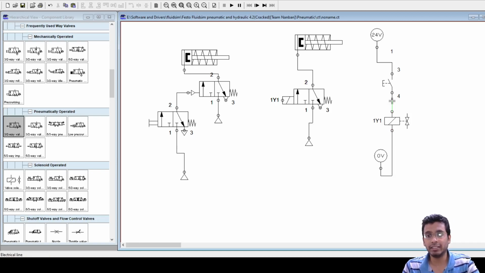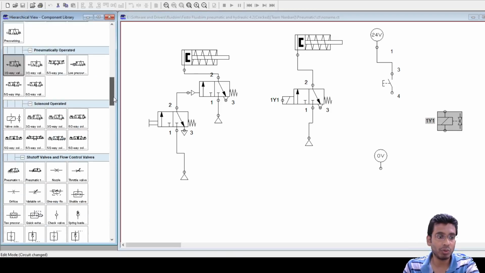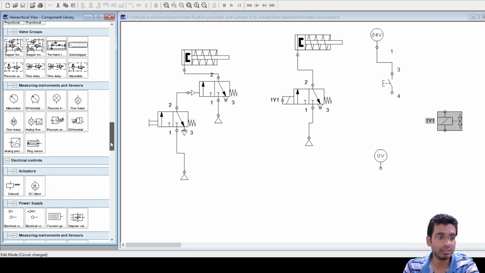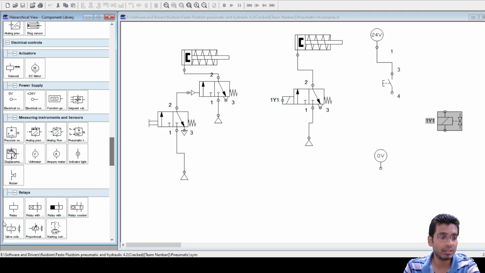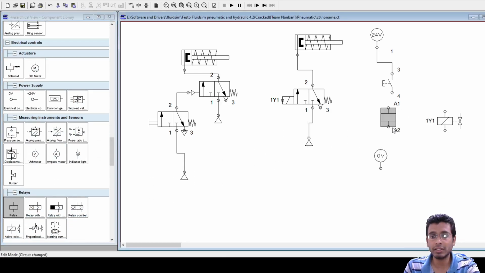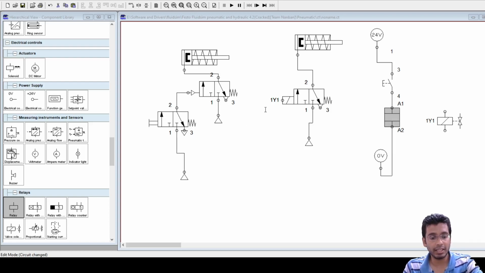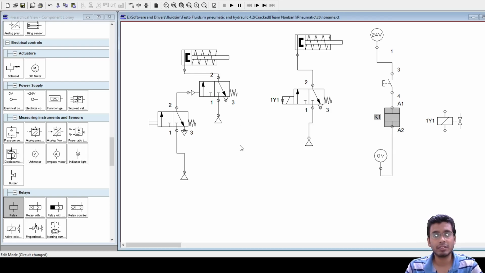Okay, and instead of actuating this valve solenoid directly, what we are doing is taking a relay. Fine, this relay I will name as K1. And then I will be using a normally open contact of this relay K1 to energize my 1Y1 valve.